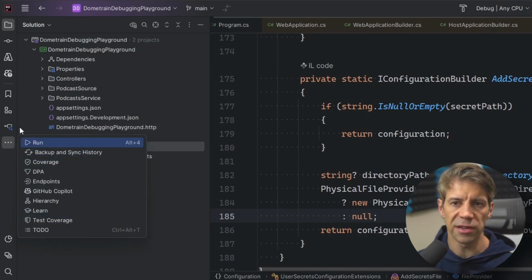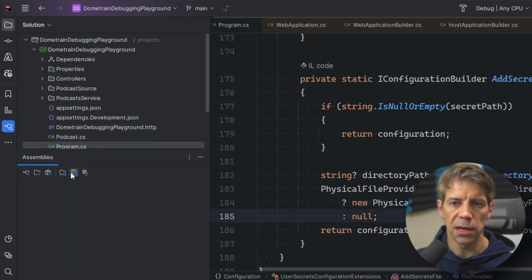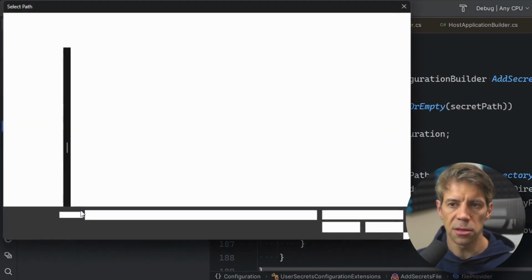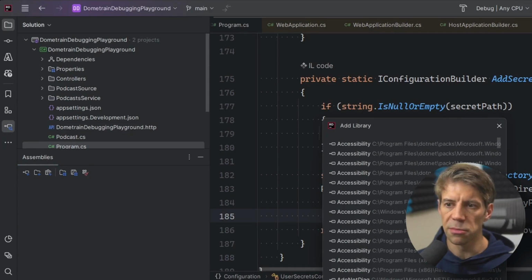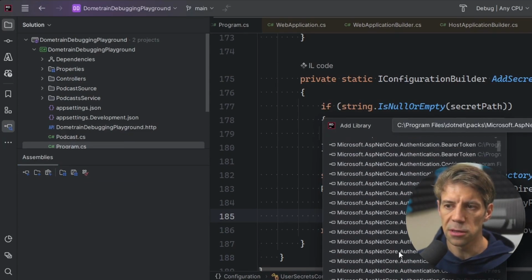It will be in here if it's not pinned. Then we can click on Open. We could load a .NET DLL. There's a few other options. You can explore a folder, open from GAC, and you can save assemblies, so you can clear this list. If I just open something from the GAC as an example, anything really,